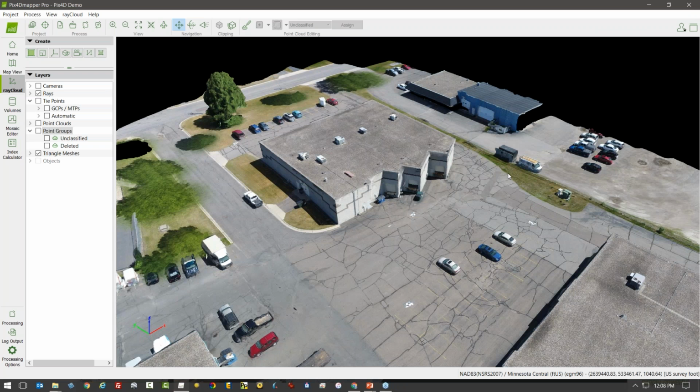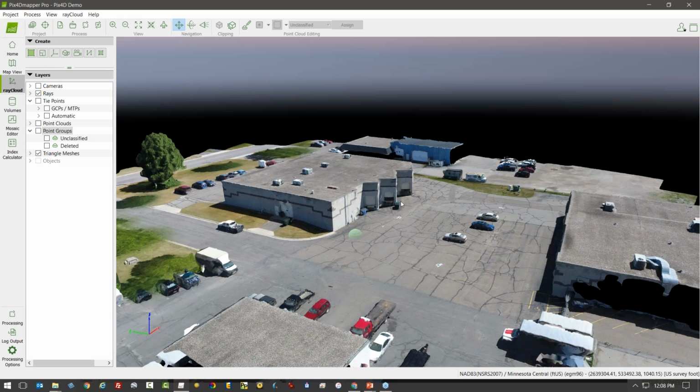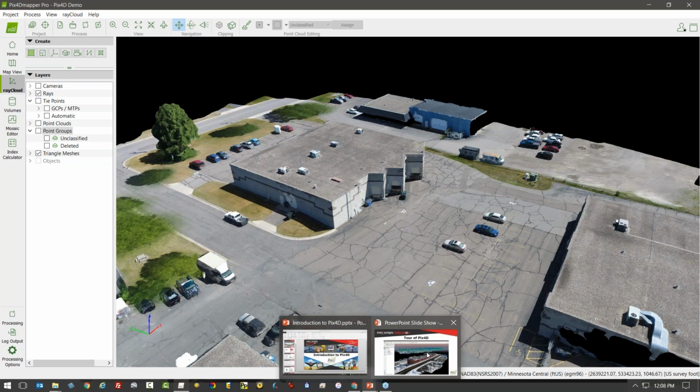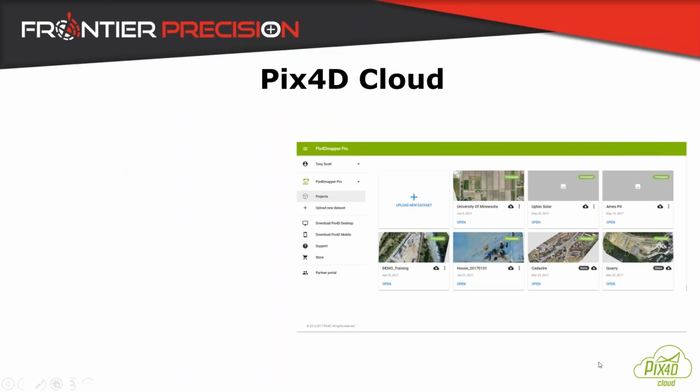Again, we're not diving into point cloud editing or volumes or mosaic editing, but this is just intended to be an introduction. It's very easy software to use. It does a lot of the work for you, takes a lot of the guesswork out, and gives you some very good results. So to kind of wrap this up here, I also want to give a quick